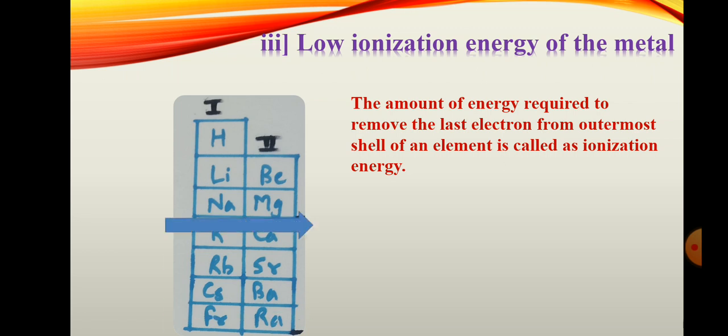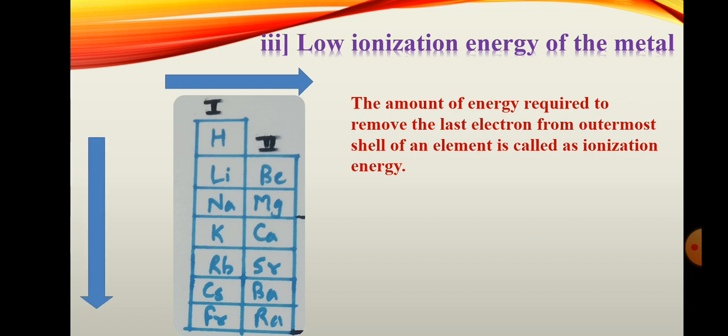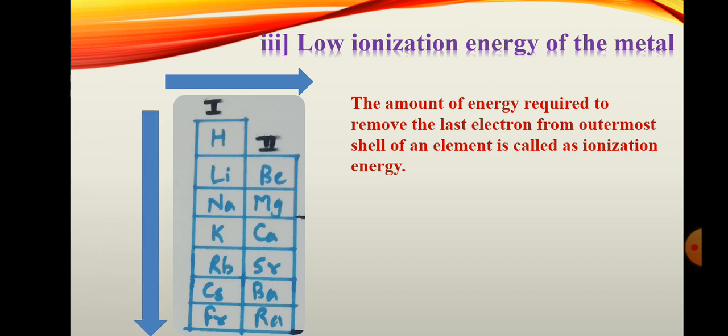As you know, from left to right ionization energy goes on increasing, and from top to bottom ionization energy goes on decreasing. So in the first and second group, as ionization energy decreases, it means electropositive character increases. They easily